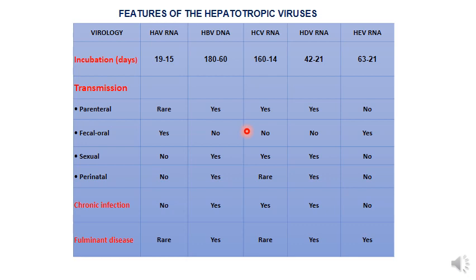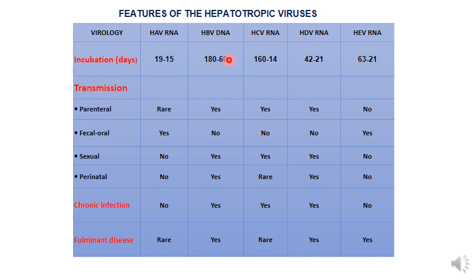Infectious hepatitis is common here in our locality. Hepatitis A virus affects the liver, it is an RNA virus with an incubation period of 2 to 3 weeks, transmitted by the fecal-oral route, with no chronicity, and pulmonary disease is rare. While hepatitis B and C are transmitted by blood and blood products or sexual transmission